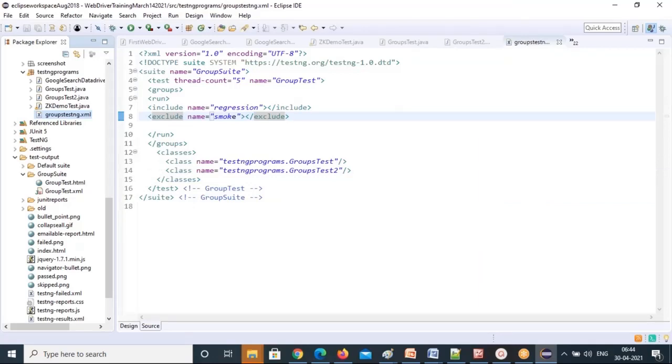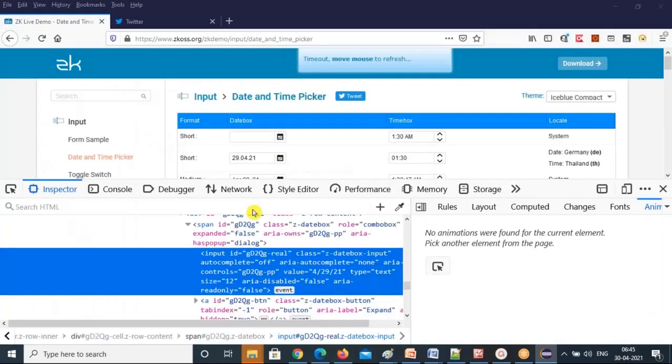Any questions? Next one is we have to understand dependsOnMethods, alwaysRun equal to true, and @Parameters. These 3 concepts I'm going to explain with this program. So what we are doing here is I'm taking a simple example: LinkedIn login, because that is the one we are going to use even for our framework design also.